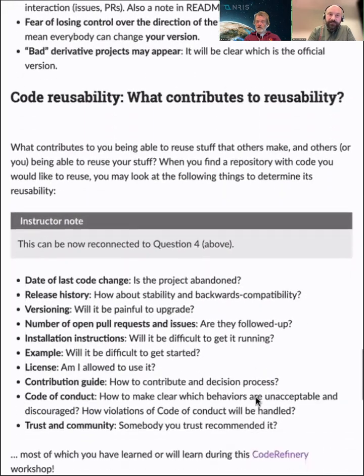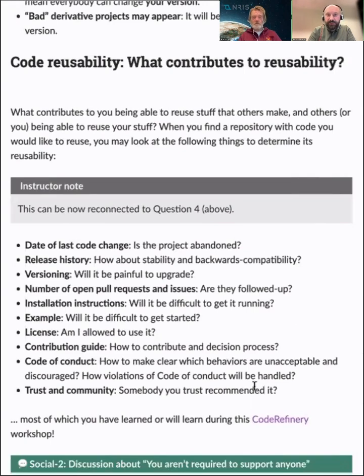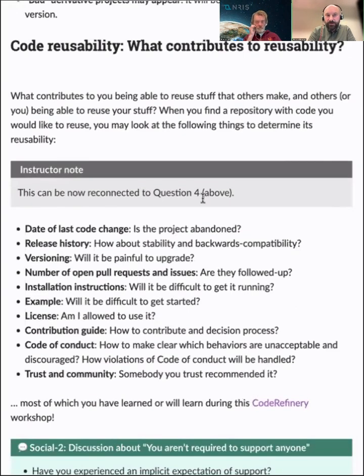All right. So then basically at the end is code reusability. What contributes to reusability? Yeah, we partly discussed it, but that it's licensed, so you are allowed to use it, and we will discuss a little later which license to choose.